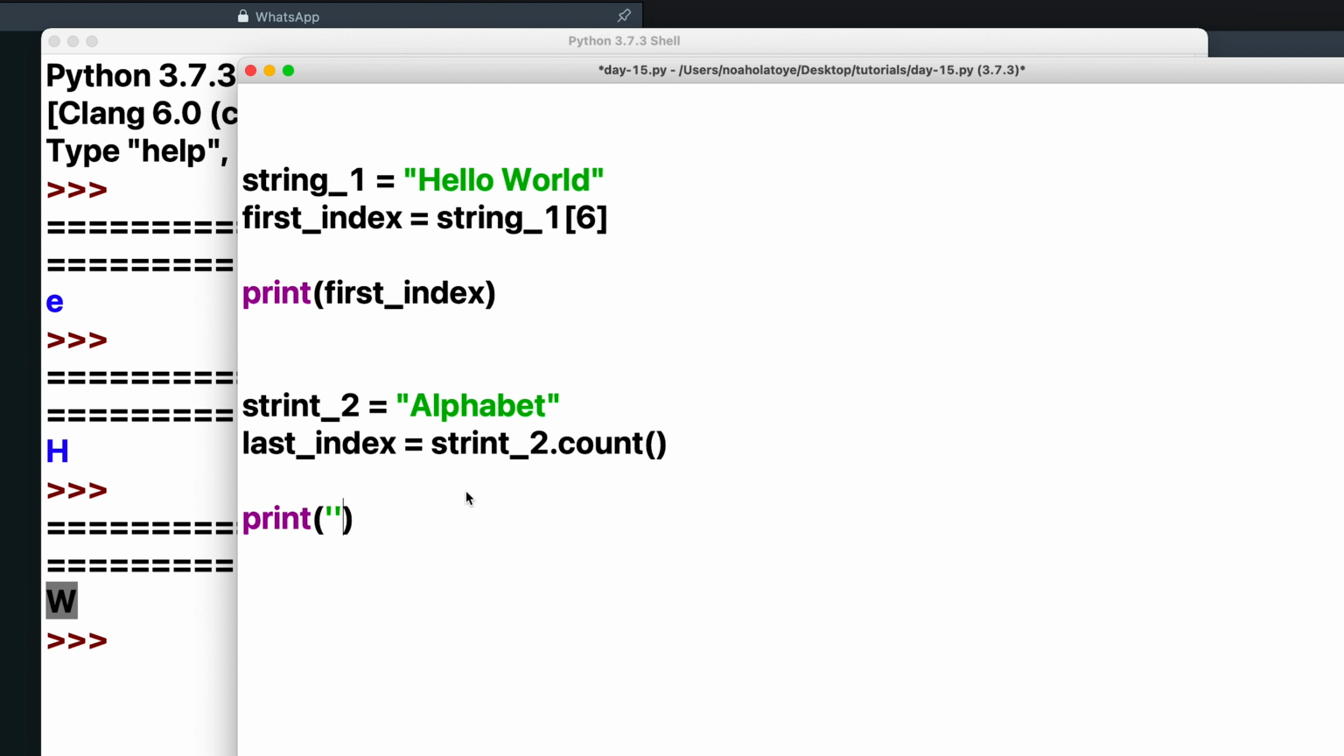Then let's write a message so we know what we're doing. So this time around we are checking the total index, and I'm just going to put my comma there. Then let's reference this last index. So if I run my F5,